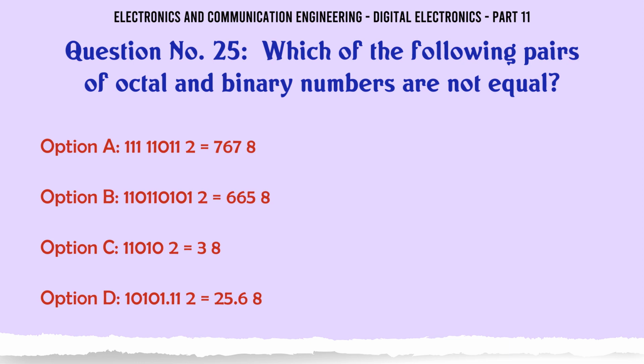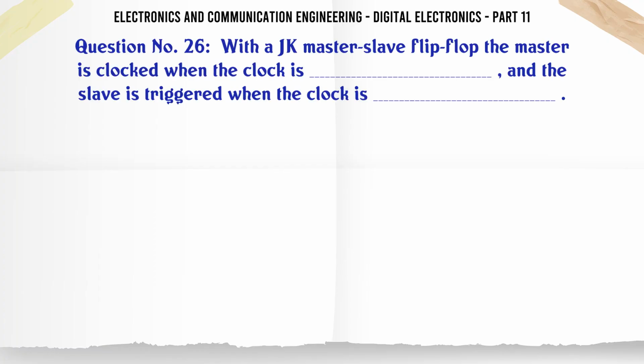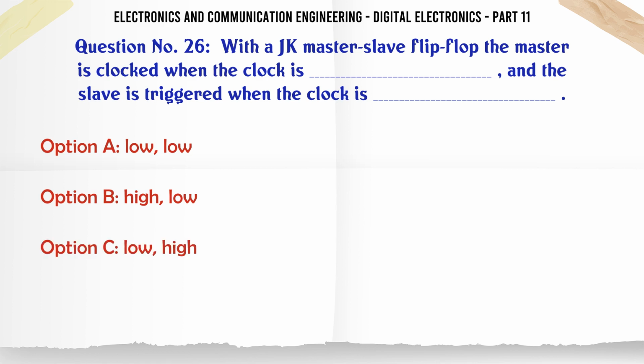10101.112, 25.68. The correct answer is 11010, 238. With a JK master slave flip-flop, the master is clocked when the clock is